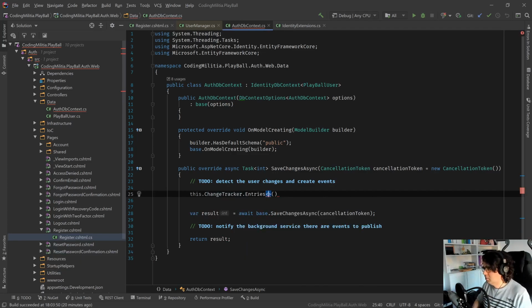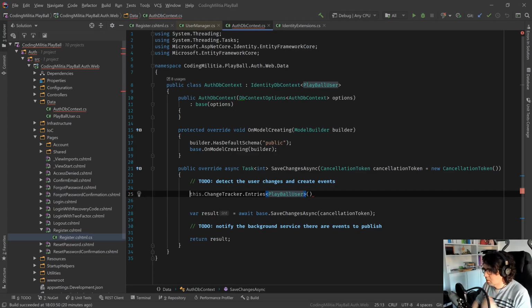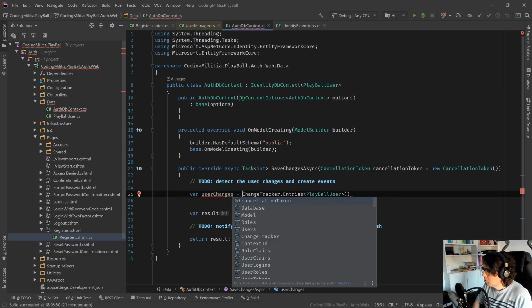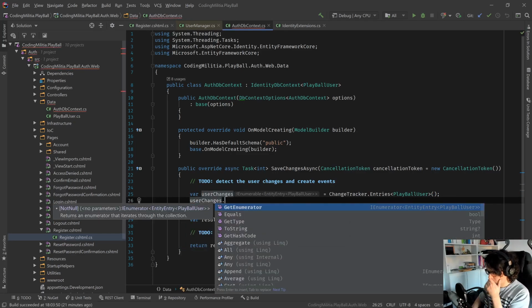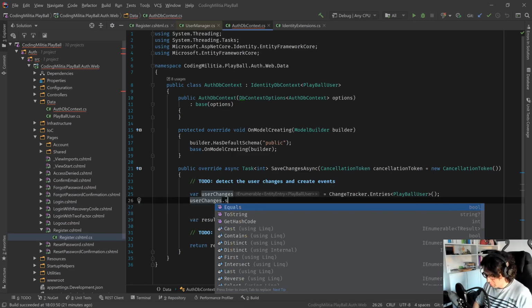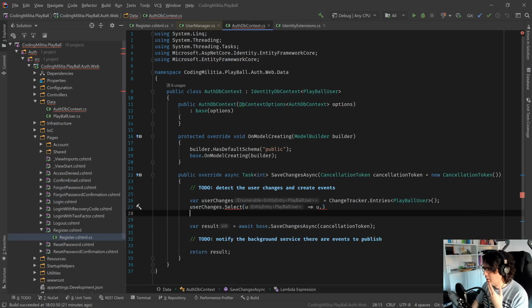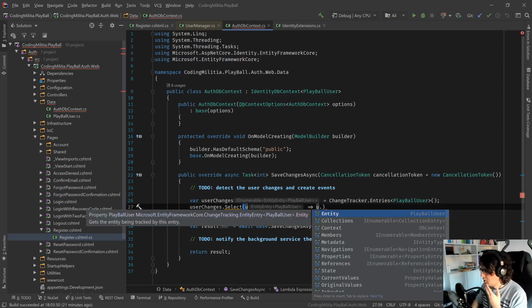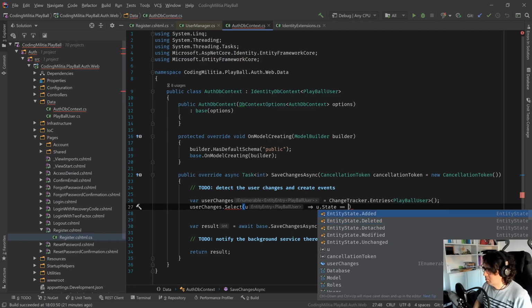We could do something like this: entries, user, in this case PlayballUser, and let's see what we can find out here. The user, we have the actual entity, we also have the state. So if the state is added,